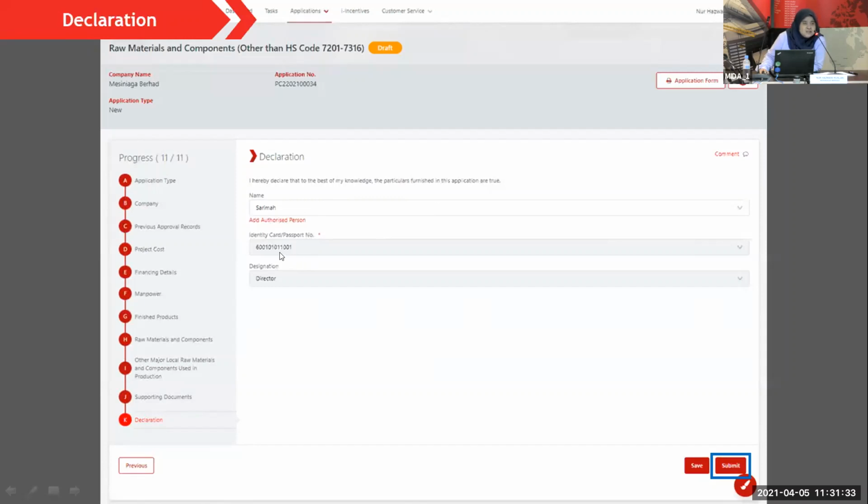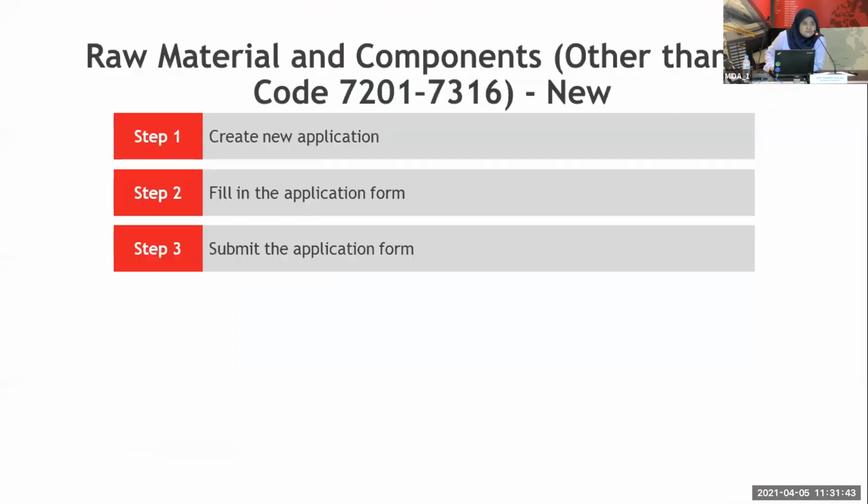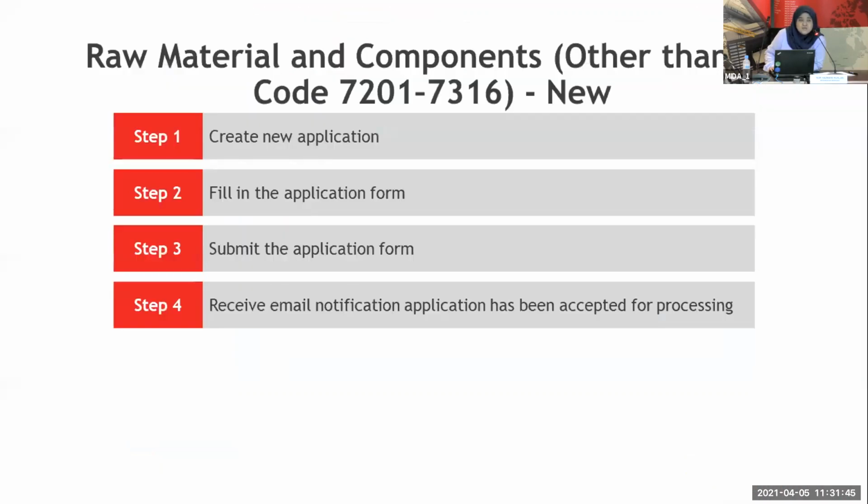Accordingly, the IC number and the designation will be populated here. So when you click on submit, you will be required to fill in the PIN number, the digital certificate PIN number. And if you have no issues, you can submit the application